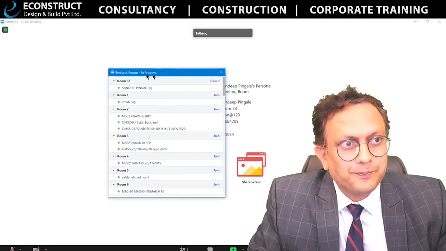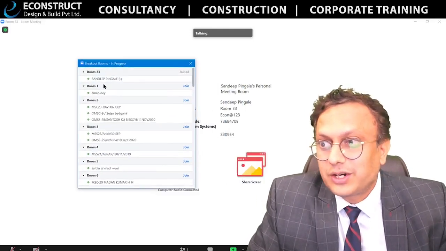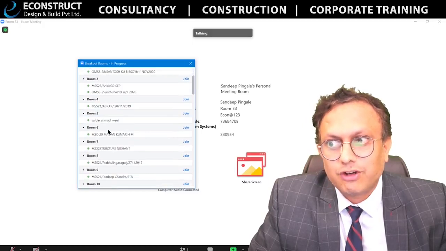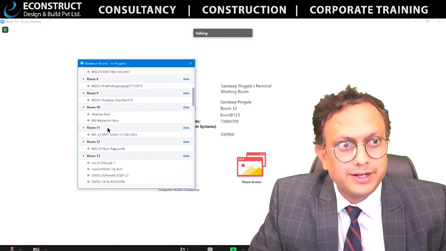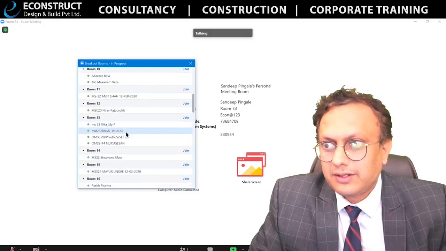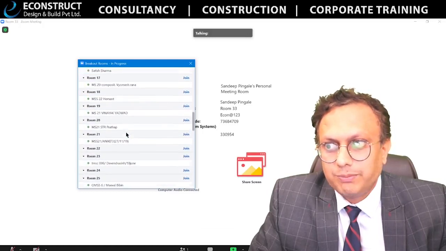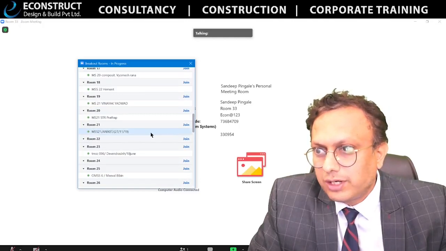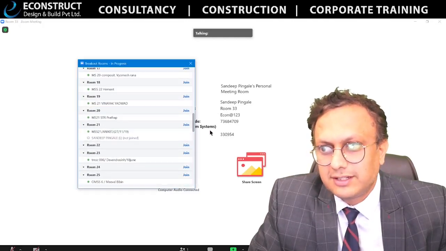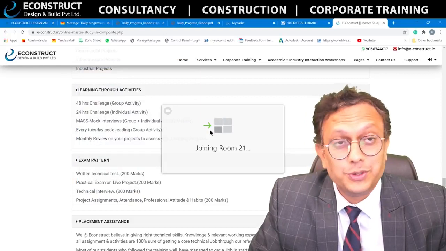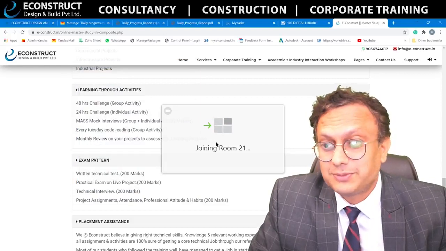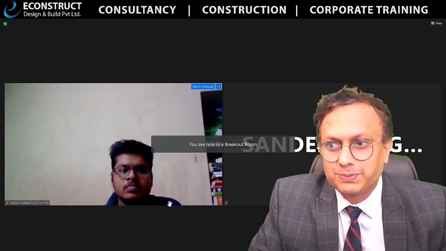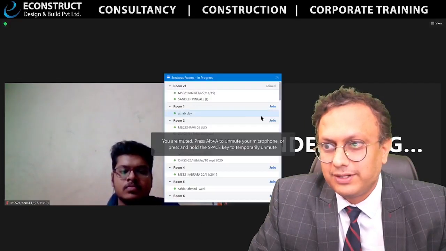Oh my God. So these are the different rooms where people are working for their test. I'll just scroll down because there are so many people. Let's say I'll go to one of the person's rooms. I should not be doing such sneaky activities, but I just wanted to give you the real-time experience. This person is writing the exam.